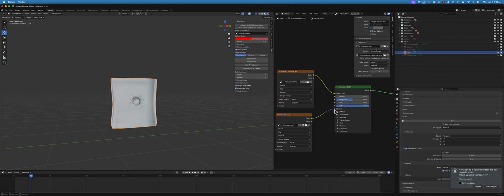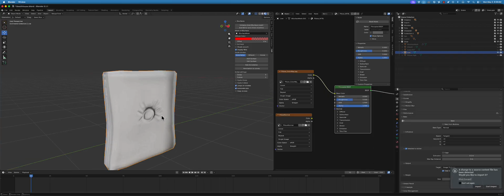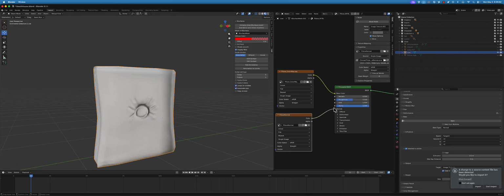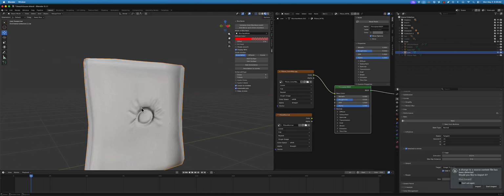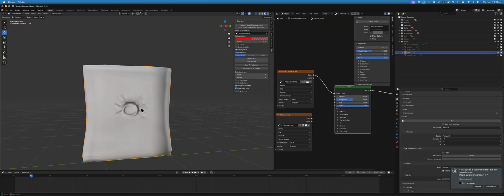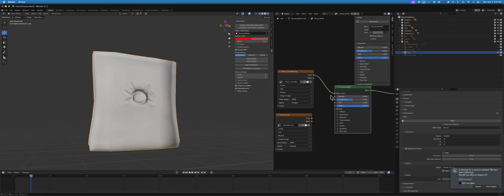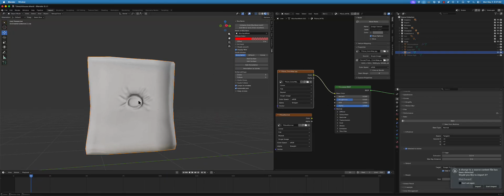Let's just delete that. You see, it still looks good. And then here's my normal map attached, so you don't even need this. It looks like it has a normal map on there because we painted in those. It's almost like painting in those textures. So I might leave that disconnected for now, just so you can see it as I continue to